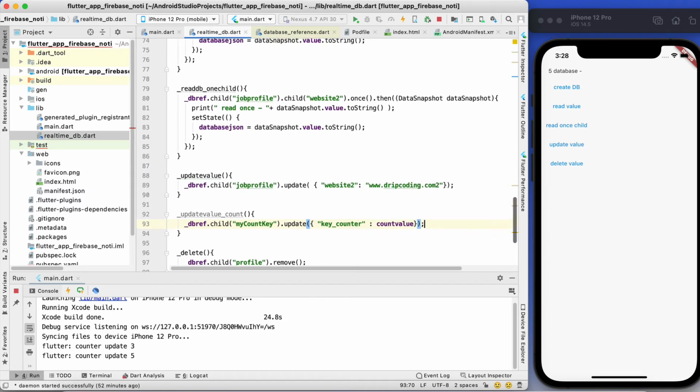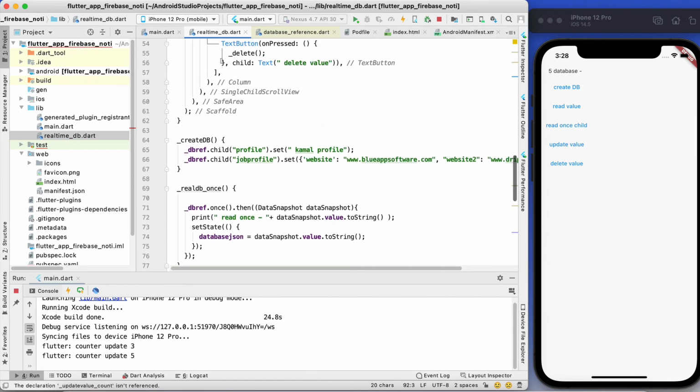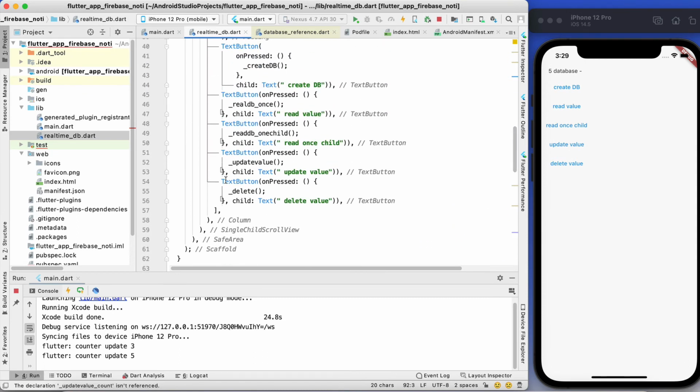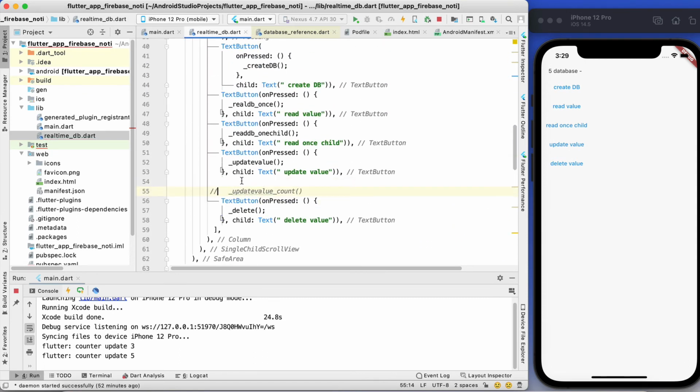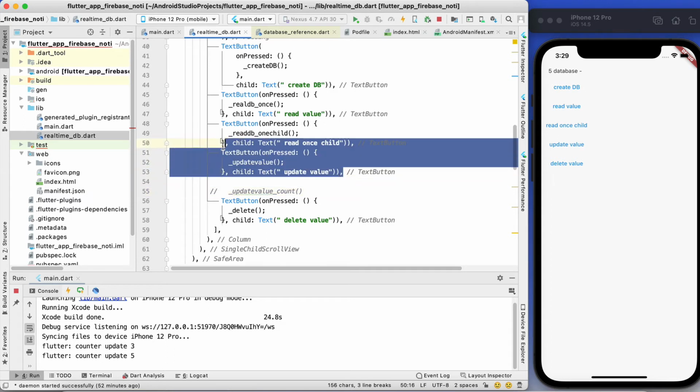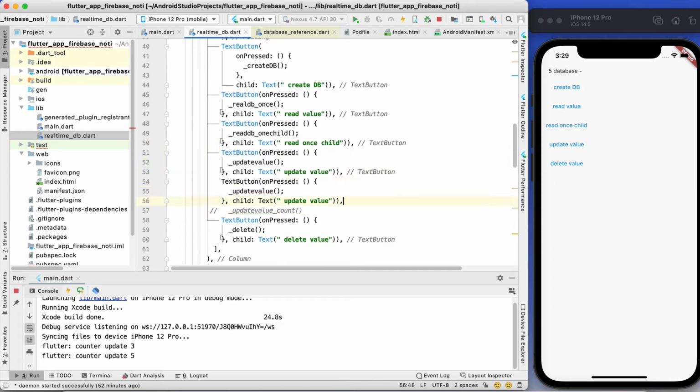That's it. And now when I call this function, just before that I will increase the value by 1. The child is this one, copy paste, update count value by 1, and this is my new function.